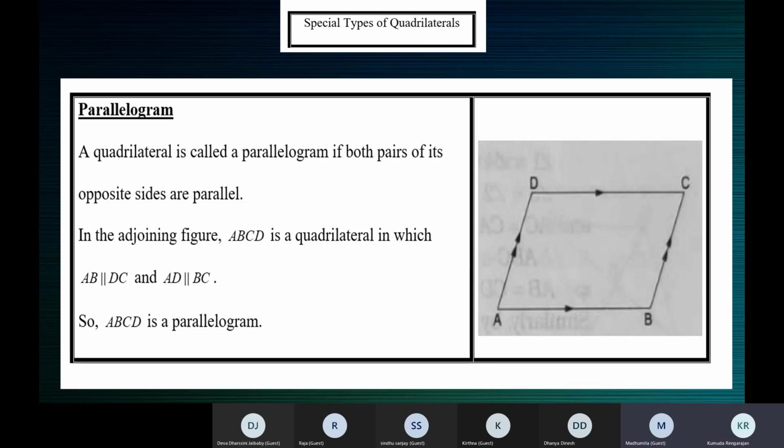Yeah. When you find the sum of the lengths of the 4 sides, it will be equal to the perimeter. So x plus 8 plus x plus 8 is equal to 40, which is the perimeter. On solving this equation, you can find the value of x. And what is x? AB. Yes, ma'am.